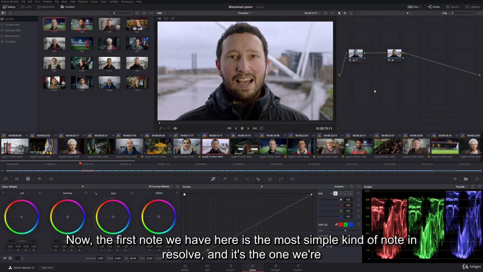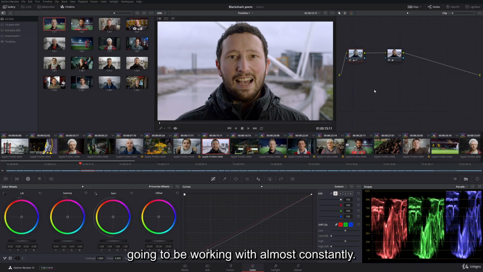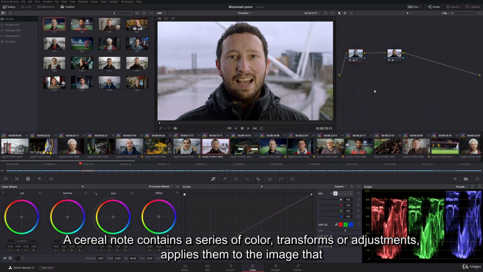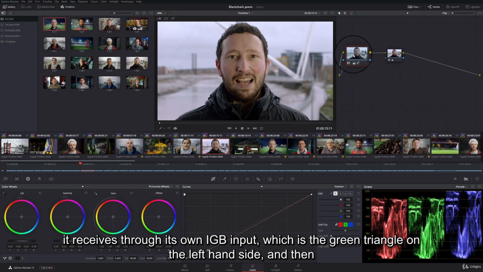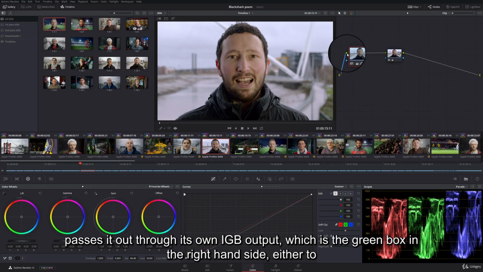Now, the first node we have here is the most simple kind of node in Resolve, and it's the one we're going to be working with almost constantly. It's called a serial node. A serial node contains a series of colour transforms or adjustments, applies them to the image that it receives through its own RGB input, which is the green triangle on the left-hand side, and then passes it out through its own RGB output, which is the green box on the right-hand side,